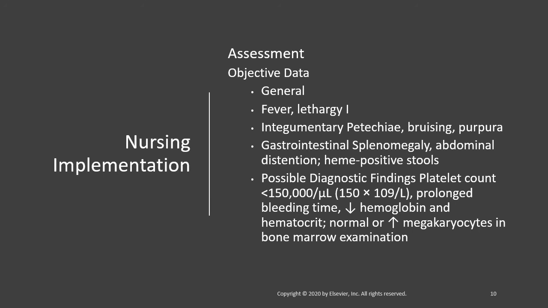Assess for signs of external bleeding such as petechiae or oozing at an IV site or an injection site. We want to look for signs of internal bleeding such as increased heart rate, changes in mental status, increased abdominal girth or pain, and any signs that microemboli may be causing clinically significant organ damage, such as decreased renal output. Minimize tissue damage and protect the patient from sources of bleeding. Give blood products and medications